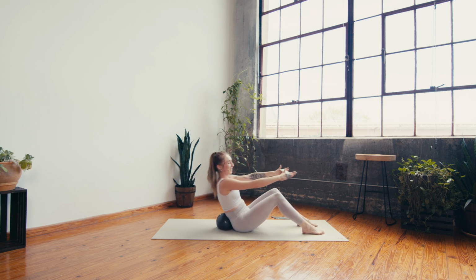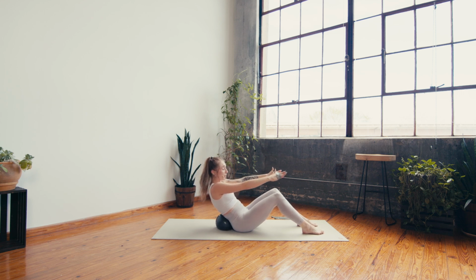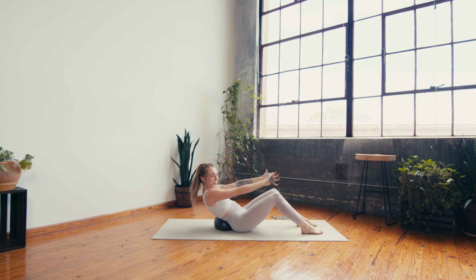Squeeze, squeeze. Beautiful. All right, let's hold it back. Right here, hold it back, just pulse. So you're in a diagonal. Pull your belly button towards your spine. Find a little bit of a C curve. Yes, little pulse. You're leaning back. Woo. Couple more. Here's 4,